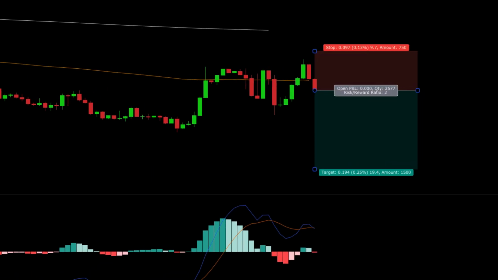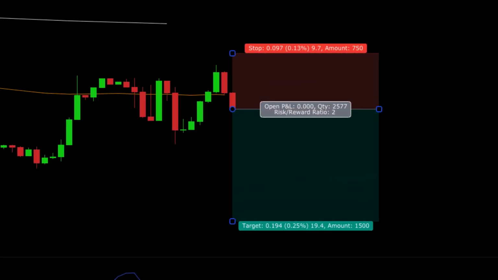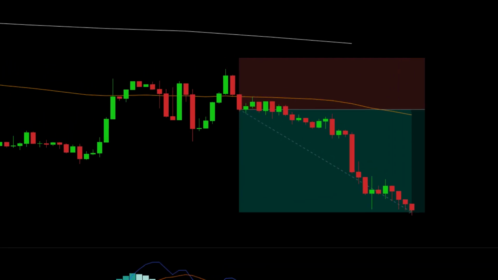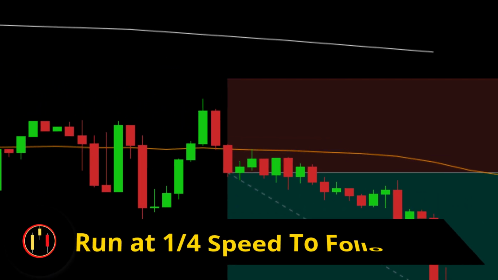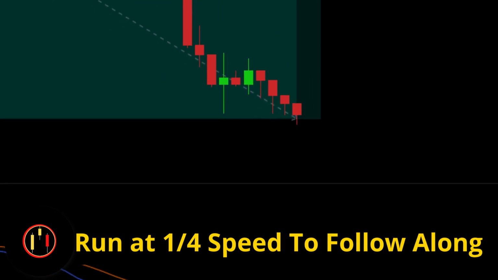We place our stop 2 pips above the previous swing high and target 2 to 1, and this one hits our target. I'm going to give you some ideas on how we can make this system better along with the Trader's Landing score, and now it's time to do what I do.